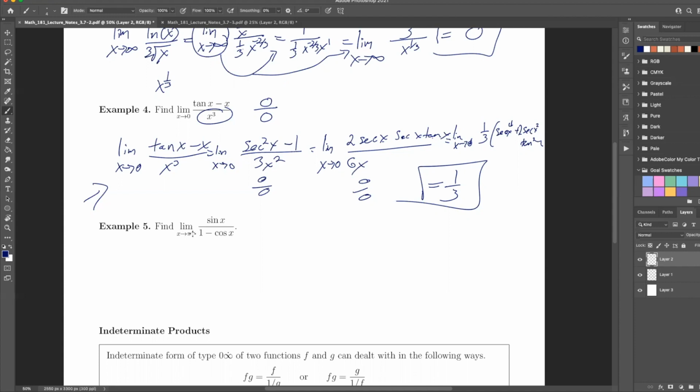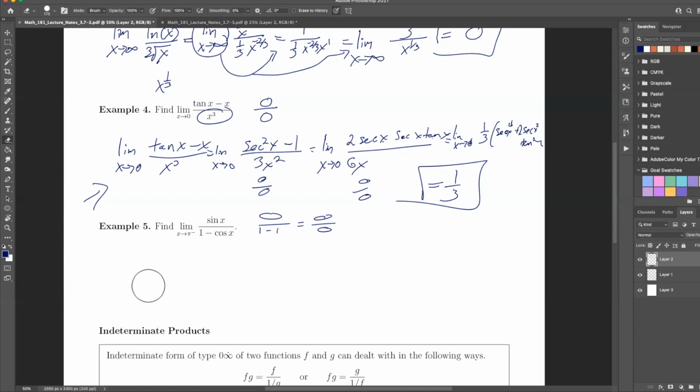So I'm going to go to pi, but I'm going to do it from the left-hand side, right? We're coming in from lower values than pi. And the reason that's important, because sine of pi is 0, right? Cosine is 1 minus 1, so this is equal to 0 over 0. If I came in from the positive side of pi, this will be,